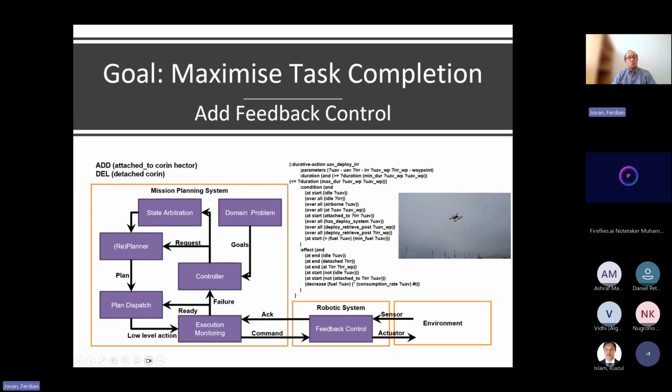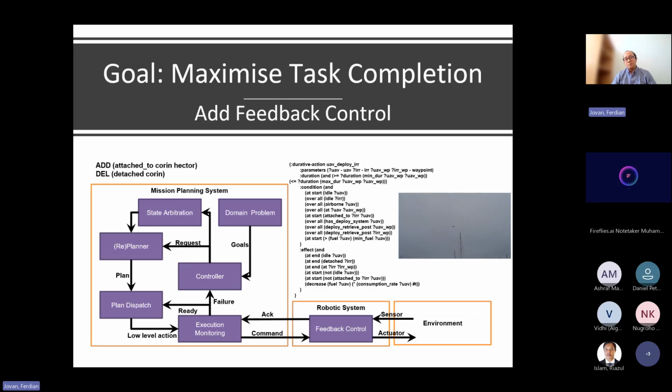One thing that we added as part of the novelty is a small monitoring system for each sensor or actuator that can feed back the progress and the status of the sensor. This monitoring system is set on each robot and is called the feedback control system.